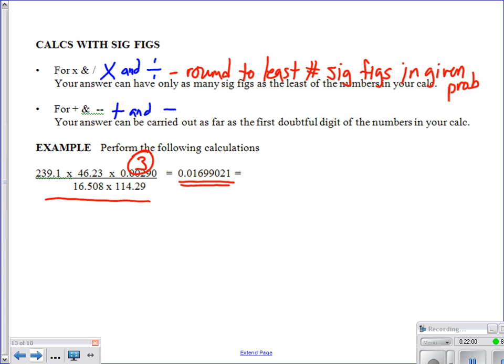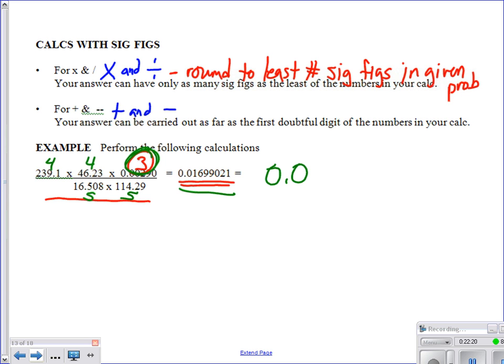That is our winner. Here we've got 4. Here we've got 5. 3 is the smallest. So because of that, we now have to take this value and round it to 3 significant figures, which becomes